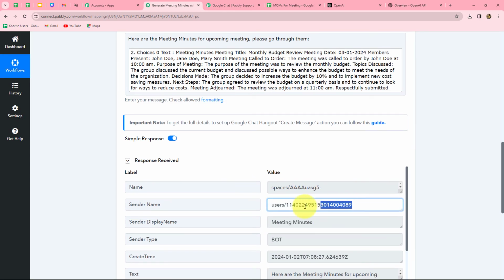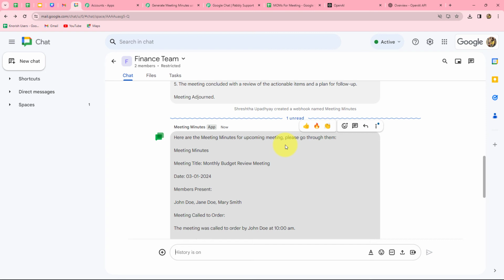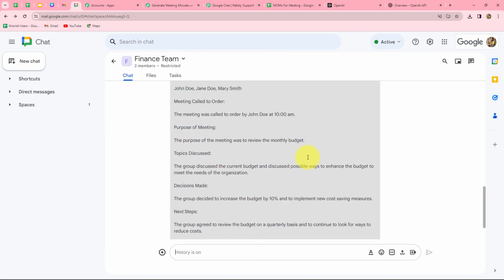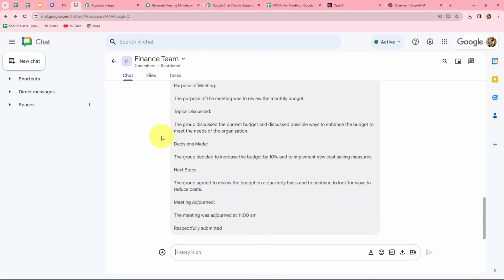Along with the response, we have also received one ID, and this means that the message is sent on our space. Let's go and check. And yes, we can find that here is the message. Here are the meeting minutes for upcoming meetings. Please go through them. And here is the meeting minutes. Okay, this means that our workflow is perfectly successful and we have successfully built an integration between Google Sheets, OpenAI